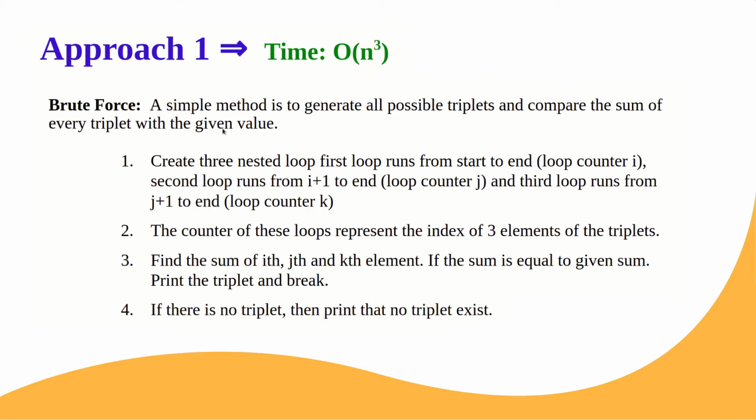So here is the basic algorithm. We just create 3 loops: the outermost loop to fix the first element, the inner loop to fix the second element, and finally the innermost loop to fix the third element. By this we checked all the possible combinations of 3 elements, and checked whether they sum to the given value, and if so, we return it.